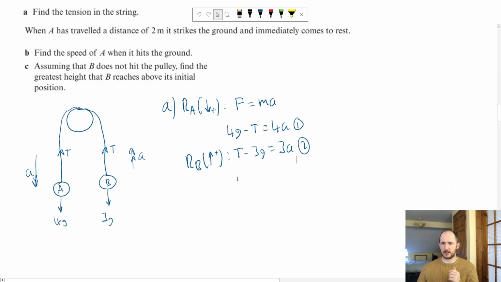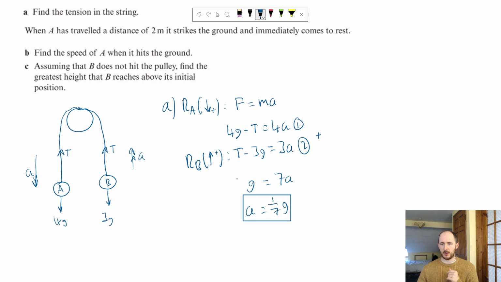So here again, we can see all we need to do is add, and this is actually quite easy. 4g minus 3g is just g, minus t and t cancel, so we just have g is equal to 7a. So in other words, a is just equal to a 7th g. So we've got our acceleration, which we're going to use for part B. Nice, perfect. But that's not what we were here for. We wanted tension. So if I sub this into equation number 2 and move 3g to the other side, I get t is equal to 3 times a, so 3 a 7th of g,